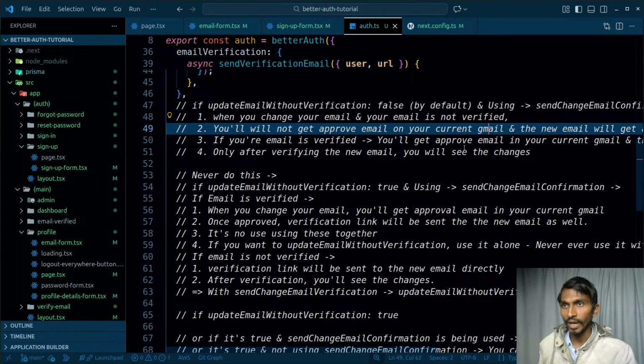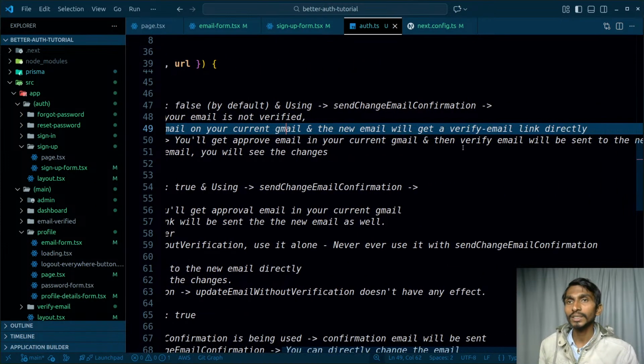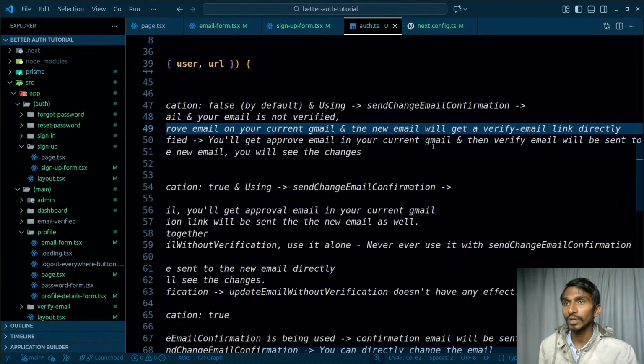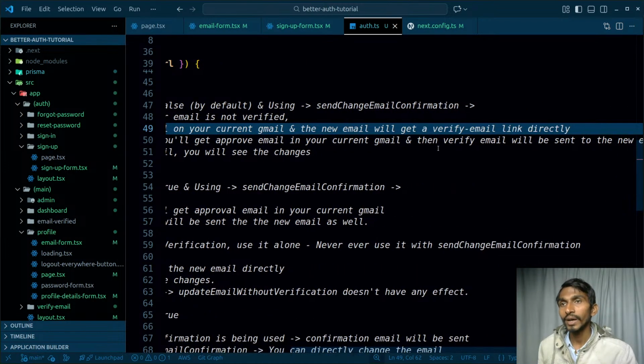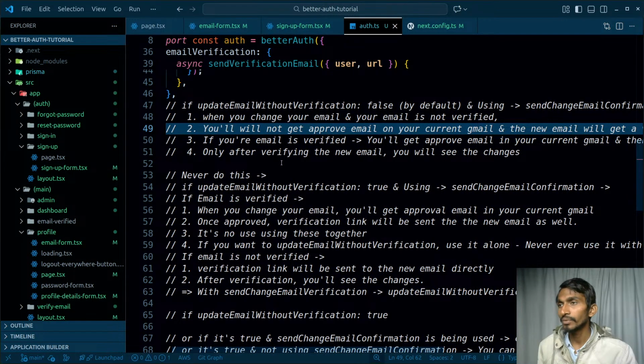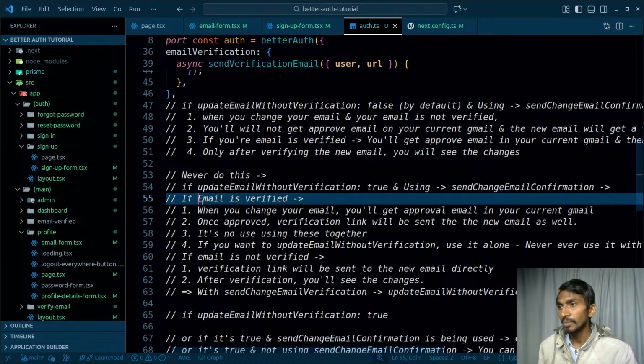That's what is actually happening over here, and the new user will get the verifying. That is exactly what happened. If your email is verified, you will get the approval in your current Gmail, and then the verification email will be sent to the new user after approval. Only after verifying the new email will you see the changes, and that's what I'm saying over here. If email is verified,